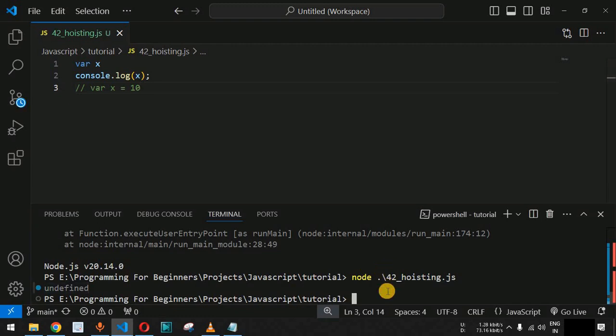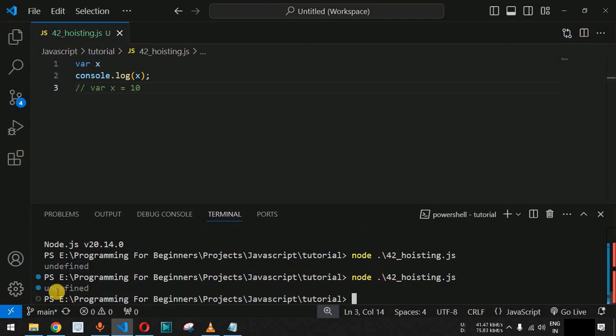So let me just save this file now and try running this code. As you can see, we are getting the undefined over here, and that is the meaning of JavaScript hoisting. So whenever we are declaring the variable with this var keyword, it is going to move that declaration to the top of the program, and then we are not going to get any errors when we are